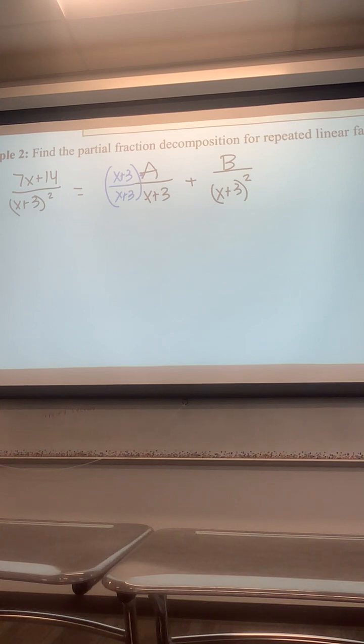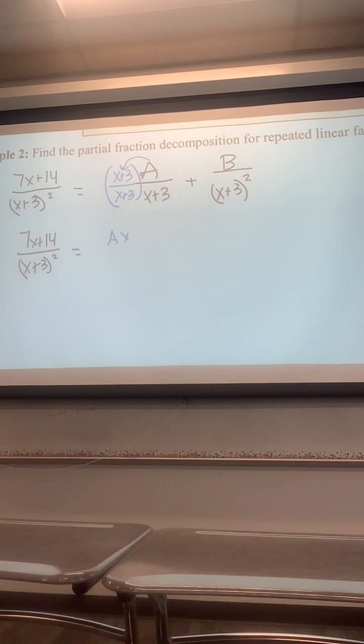That's why I have to do it top and bottom. I'm multiplying by 1, which does not change this value, right? Anything divided by itself is 1. So I'm not really changing this value. Does that make sense? Yes. Okay. So 7x plus 14 over x plus 3 squared is going to equal